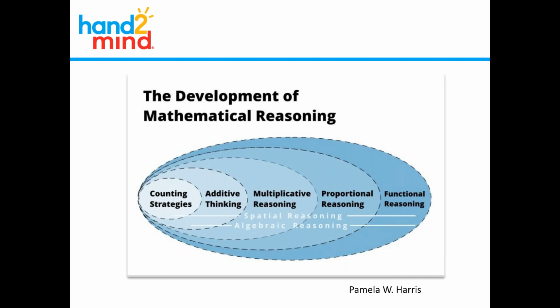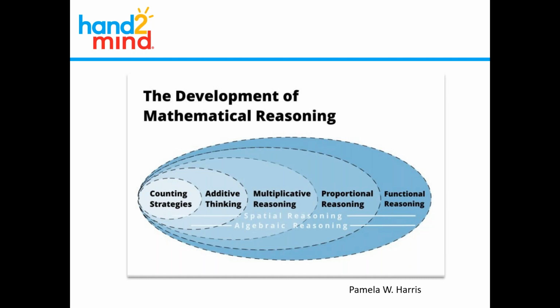Our kindergarten teachers right now are working extremely hard on this. And we know that starting in first and second grade, they are working extremely hard on what we call additive thinking, thinking about those numbers in chunks. So not thinking about numbers as 1, 1, 1, as if we were in counting. So thinking about 8 and 7 as 8 and 2 is 10, and 5 more is 15, or 7 and 7 is 14, and 1 more is 15.